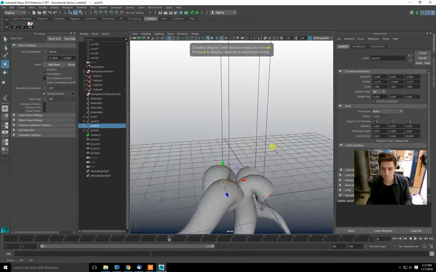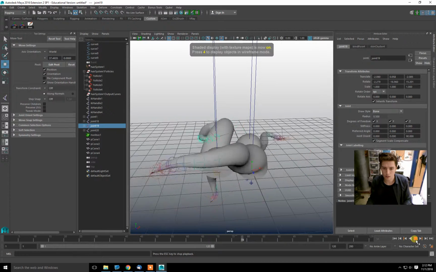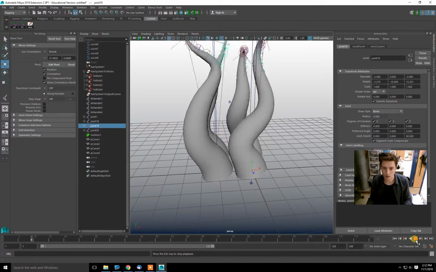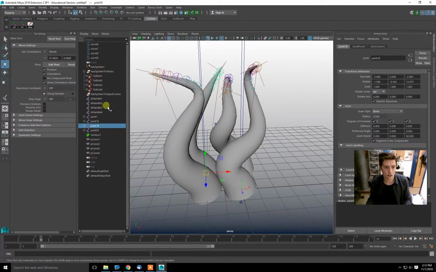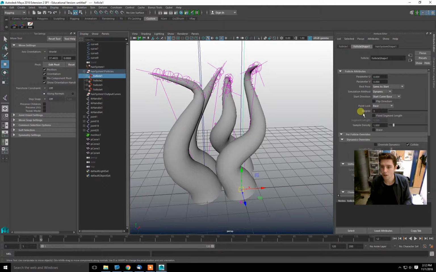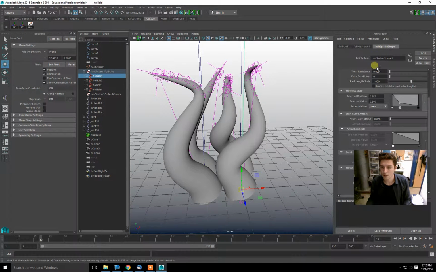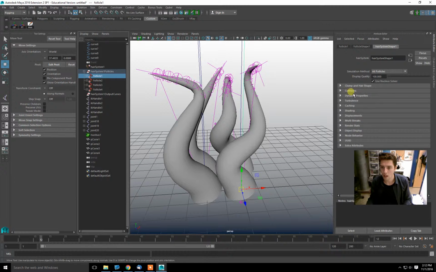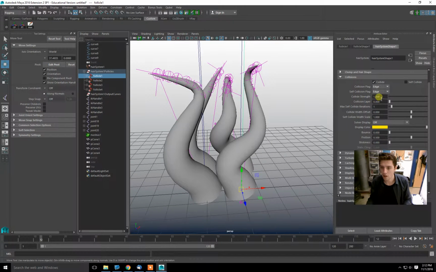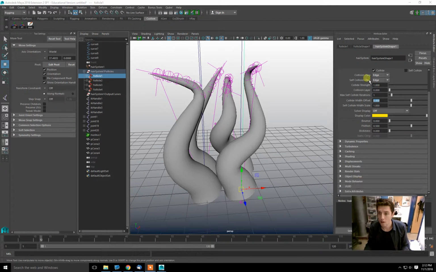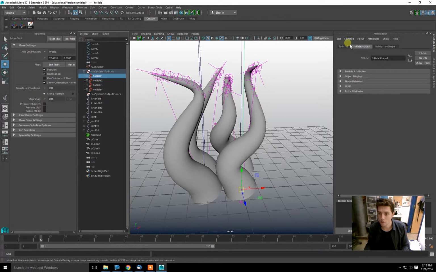Alright, good. There's something else that's happening, and we're seeing that they're kind of colliding with each other and running through each other. Well, we can actually change that if we go into our follicle, or sorry, our hair system shape, we have collisions here. And we have collision strength and collision width offset. And let's see, if we go to our follicle shape, I believe that we also have